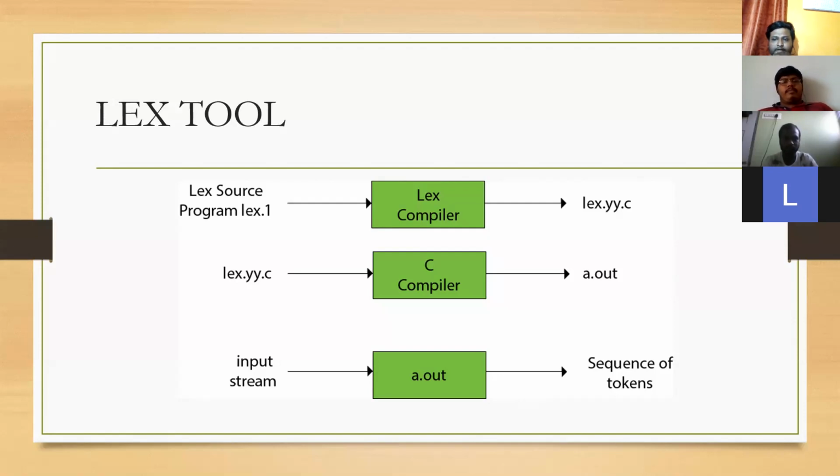The rules section associates regular expression patterns with C statements. When the lexer sees text in the input matching a given pattern, it will execute the associated C code. The C code section contains C statements and functions that are copied verbatim to the generated source file. These statements presumably contain code called by the rules in the rules section. In a large program, it is more convenient to place this code in a separate file linked in at compile time. Next, Yacc is explained by Sahil.